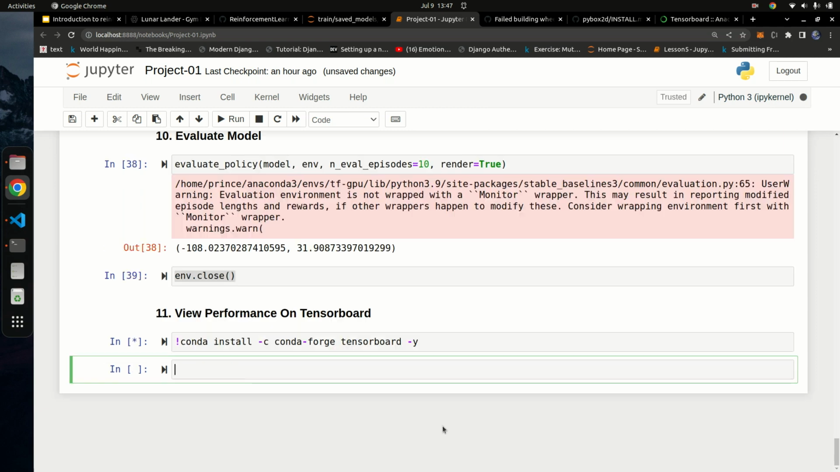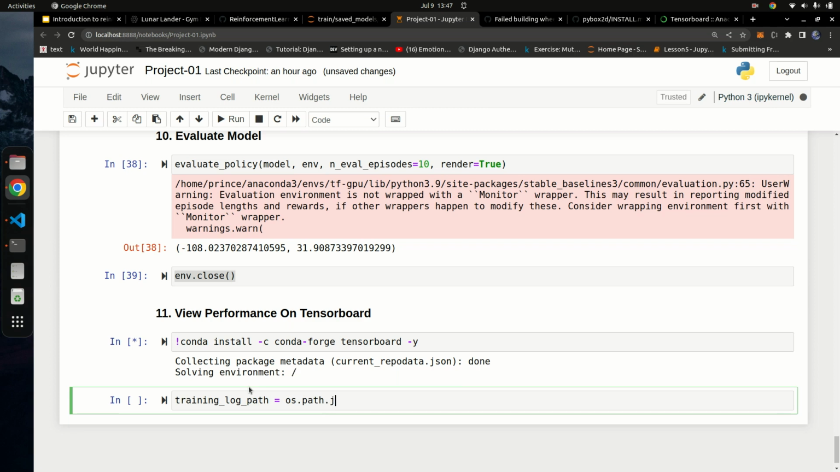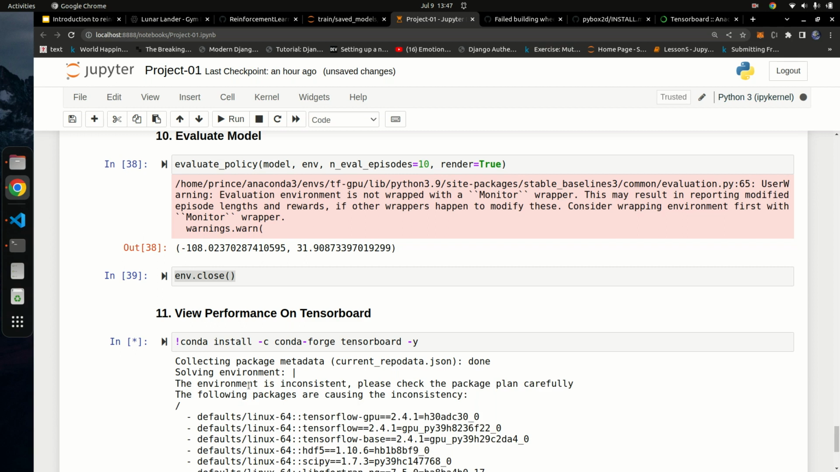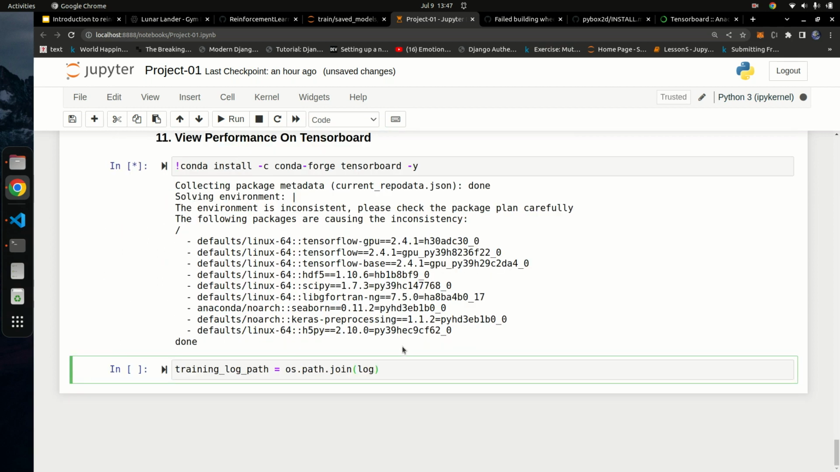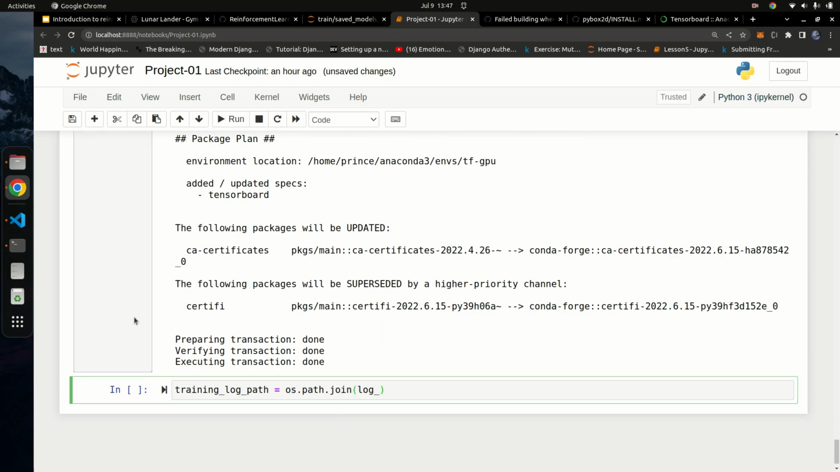This is going to install Tensorboard. While you wait, you can specify some arguments here. I'm going to specify the training log path. So I'm going to say training_log_path. The training log path is going to be os.path.join, and I'm going to specify the log path here. This is going to take a bit of time. Okay, it's done. So we have Tensorboard already installed. So I'm going to say log path,